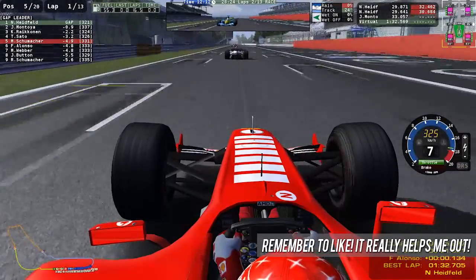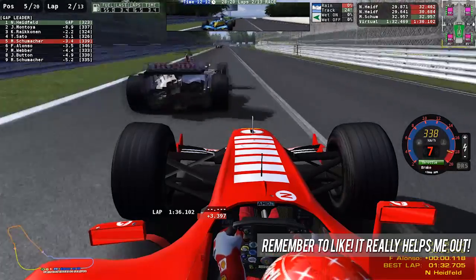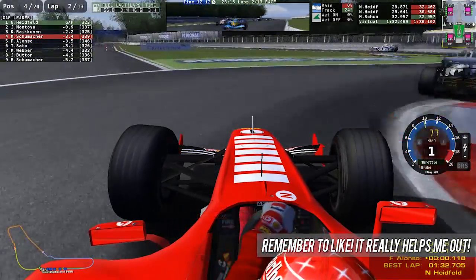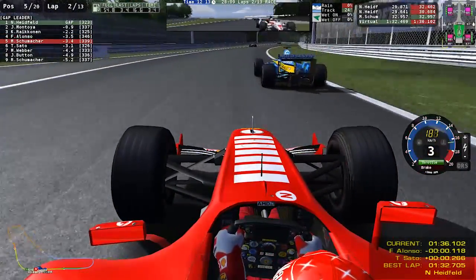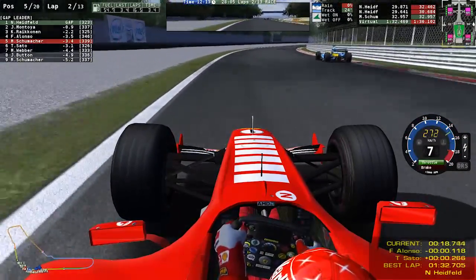But going on to the start of lap number 2 now, as you can see, he's still in the back of Takuma Sato here, picking up some massive slipstream, 340 Ks, as he now brakes very hard for turn 1, down in second gear, the back end trying to snap away actually on the Ferrari because he braked a little bit too late there, and that allows Fernando Alonso to re-overtake and get past us. Sato manages to stay behind, but we've let one position go, so Michael's going to have to try and get